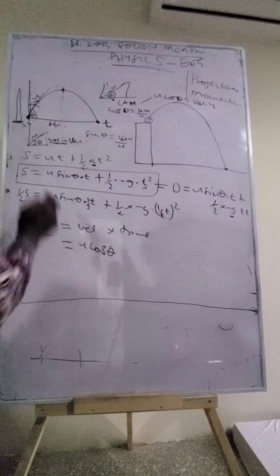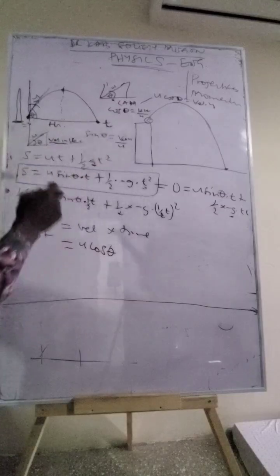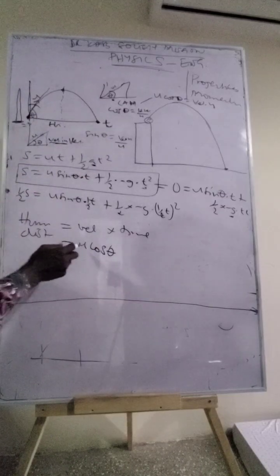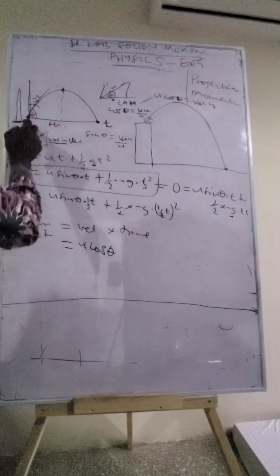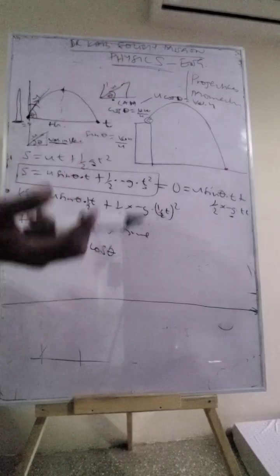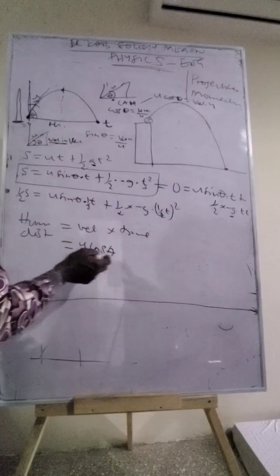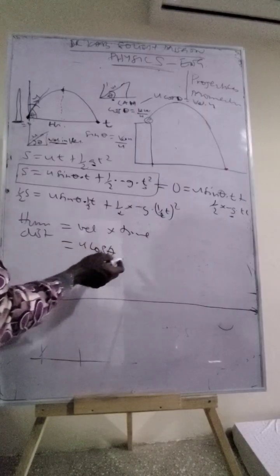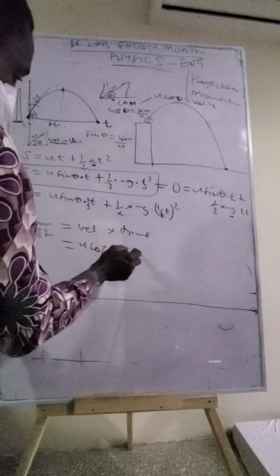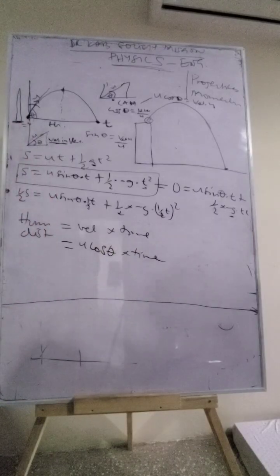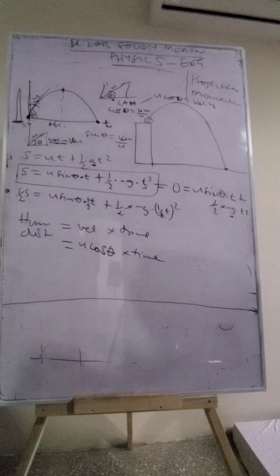Because we have only one, it is going to go in that direction. It's not going to be changed by gravity. Gravity is at 90 degrees to it, so it will not have effect on the horizontal. So the horizontal will go like this to the end. Okay, so your velocity that you have here, times your distance, the distance that you are going. Okay, sorry, times your time. So the time that is given,